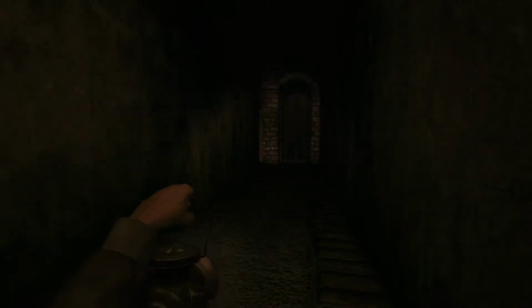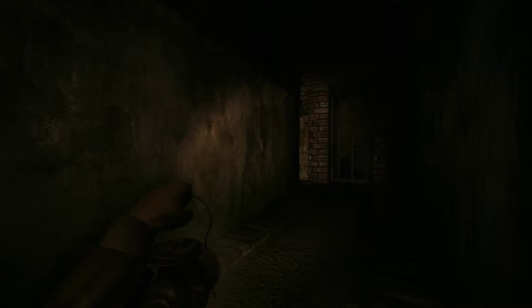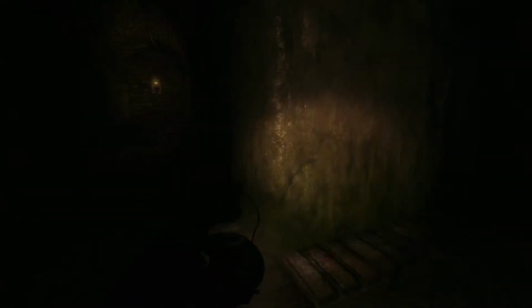Passage down that hall. Looks like it goes off to the side. Right, oh. Lantern going off. Don't know if I'm going to be able to see anything if I peer around. I can see nothing. Door I can't open. Just looks like that tunnel's flooded even more. It sounds like it's off to my left, so...